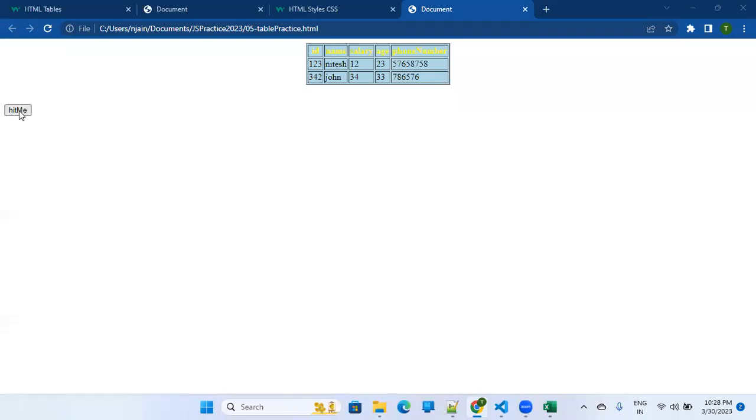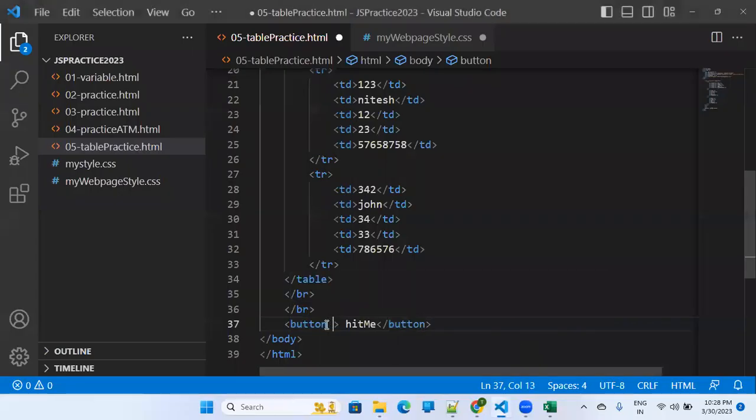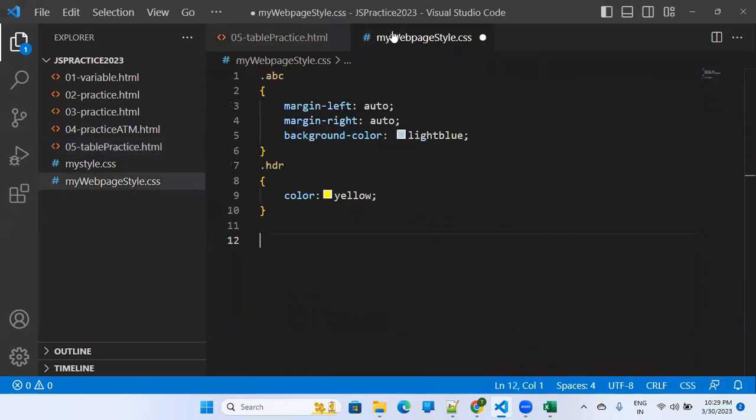So we want this hit me button to be bigger, right? So let's do that. Let's give it an ID. ID is equal to, any name you can give, right? So my button. So ID is my button, and if you want to change something related to its user interface part,